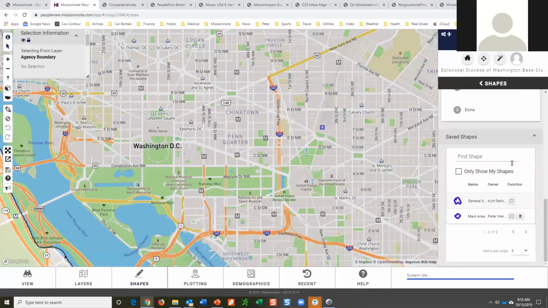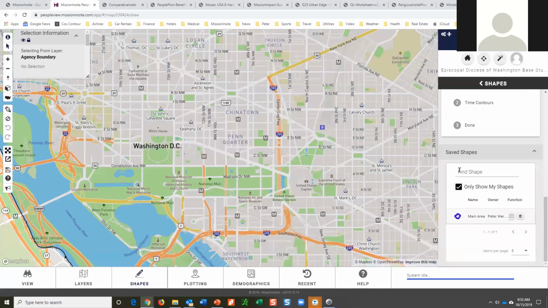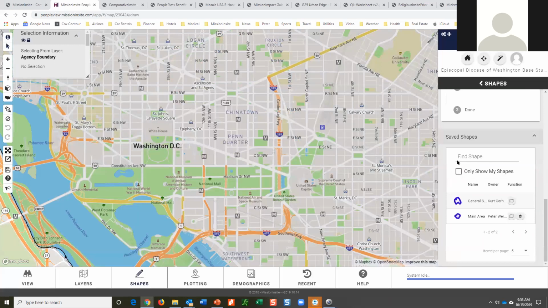If you are logged in for the local church, as I was, then those shapes are available to other people in there to see, or you can just show your own. So when you save the shape, is that shape shared with everyone else in, say, the diocese, if you choose to share it? No, just the local church that you're sharing it in. Okay, right.